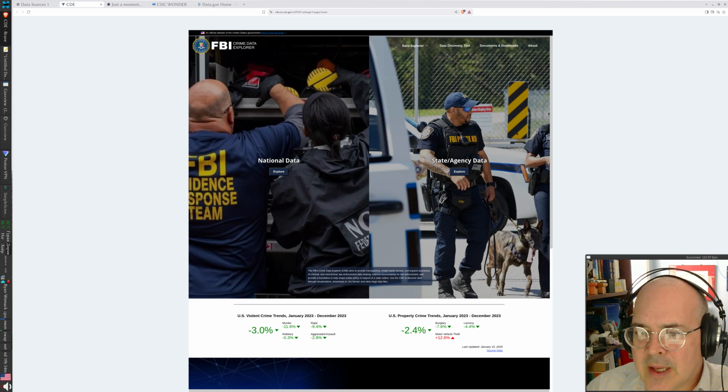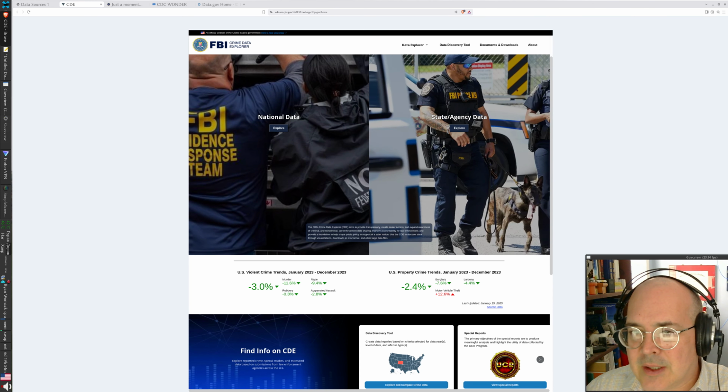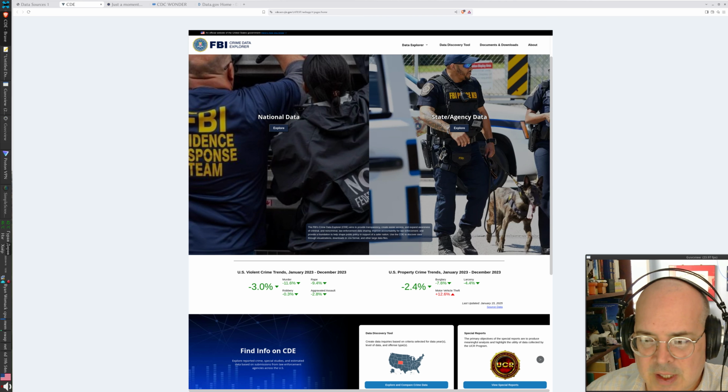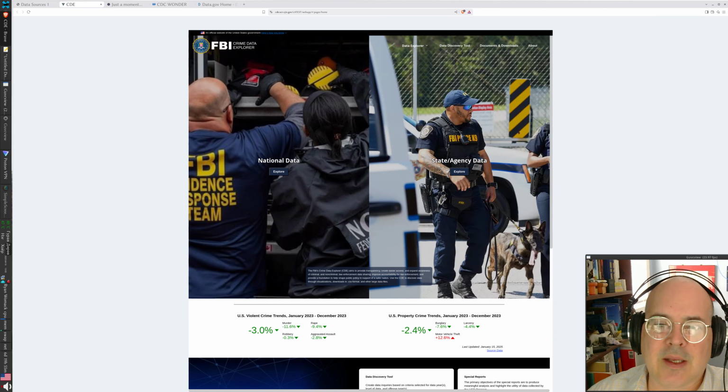The FBI collects all that from the local sources and aggregates them up. So there may be inconsistency, right? Some locations provide more detailed or more frequent updates on the crime. But if you want something comparable across the country, you need a place that will do that, and the FBI's